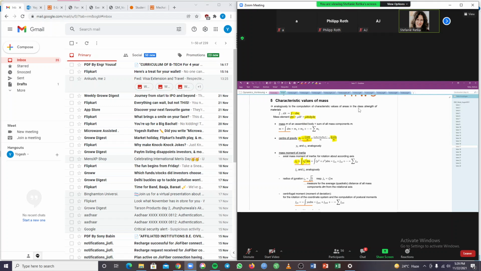Then we have to consider the radius of gyration, and this is the measure for the average distance of all mass components from the axis of rotation. So what does it mean? If we have, like a simple example, a cylinder that is rotating about its center of gravity, for example, with a given angular velocity,